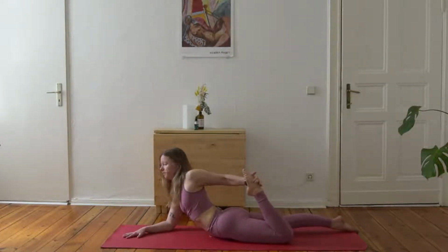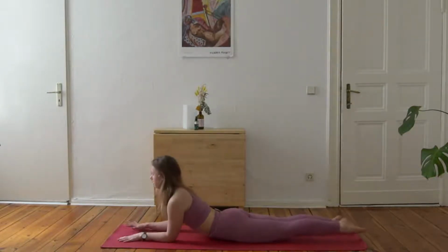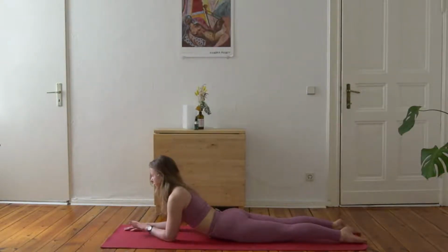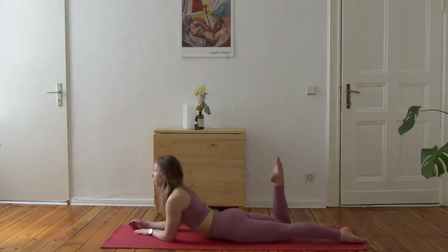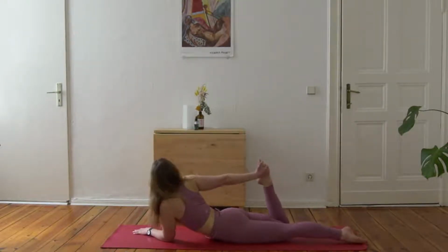One more breath. And then exhale, gently let go. Come into Sphinx pose, shortly lift up the heart here. Activate the core by drawing the belly button in. And then reach the left hand or slide it over towards the right side so it's diagonally in front of you. Bend the right knee and then reach the right arm back to see if you can wrap it around